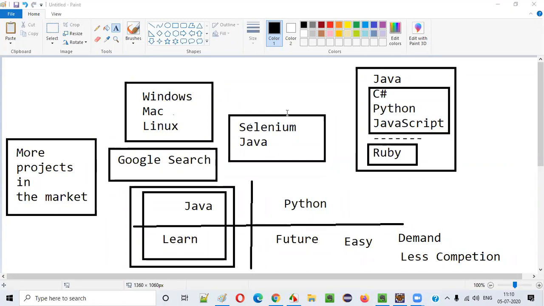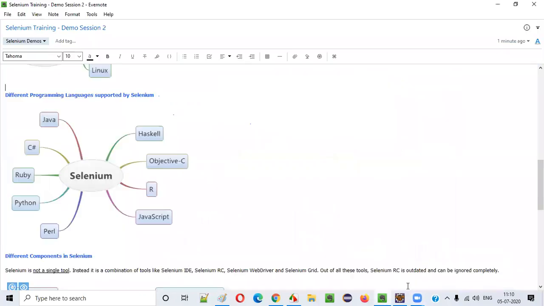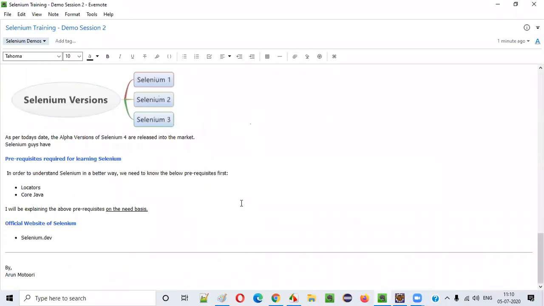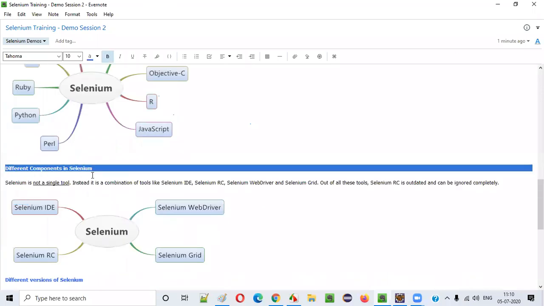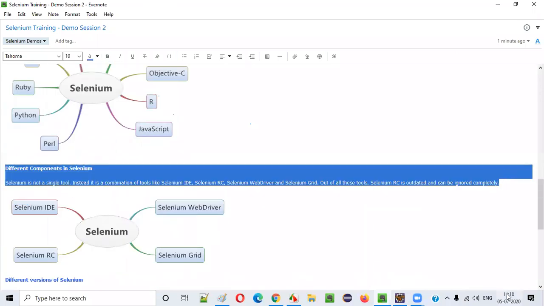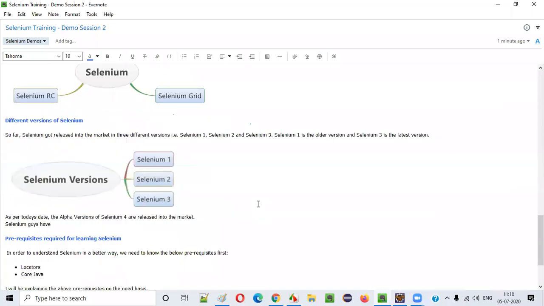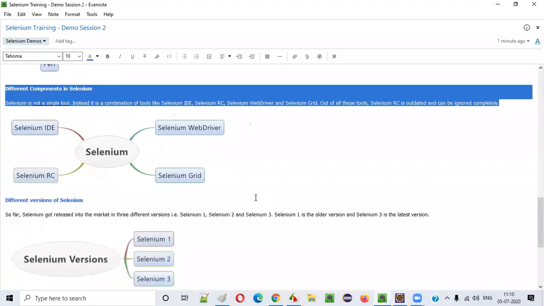That's how we can be better in the market, and at the same time we will know everything. We will be very strong in Selenium Java. Fine, guys, that's very good from you. Now a few topics are left, and I can see the time is approaching, so I'll be able to complete this very soon.